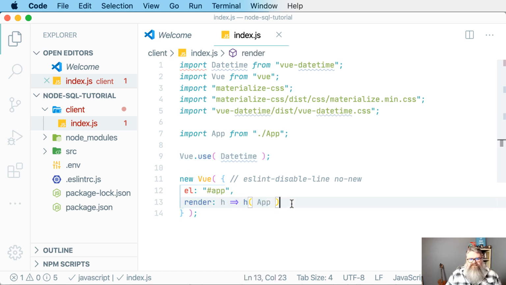Now, explaining what all Vue does and how to use Vue is out of the scope of this tutorial, but hopefully you'll be able to follow along and see how these things work. This is the code for our index. We need to create